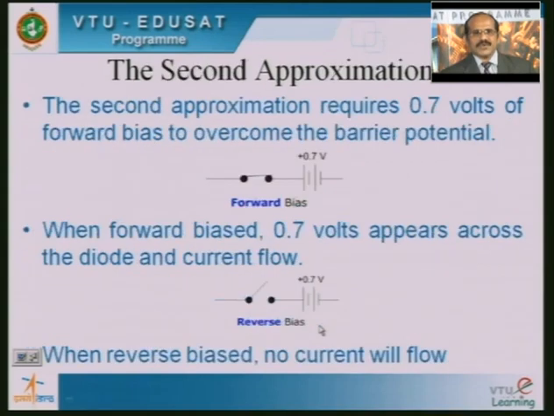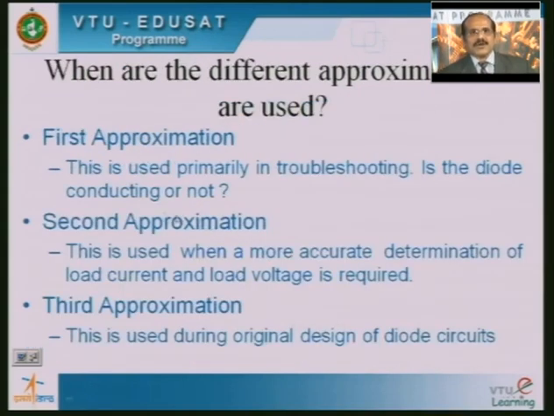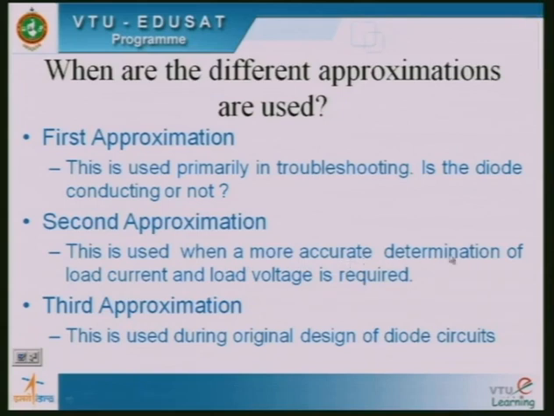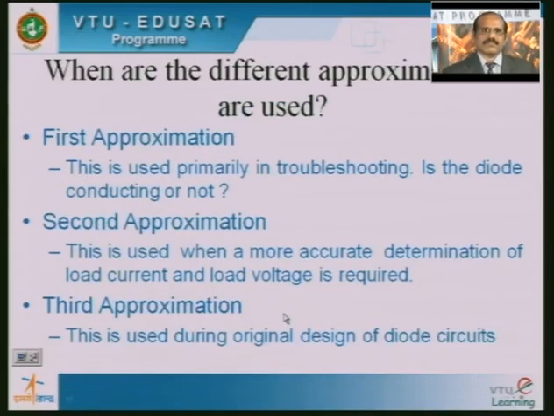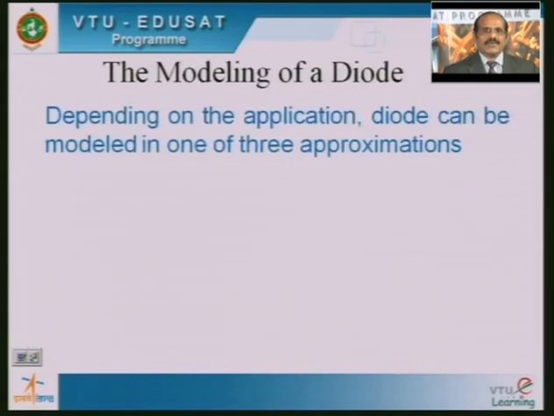So finally, the first approximation is mainly used to troubleshoot, that is, to know whether the diode is conducting or not. The second approximation of the semiconductor diode is used whenever a more accurate determination of the load current and load voltage is required. Whereas the third approximation is used during the original design of the diode circuit. So finally here,